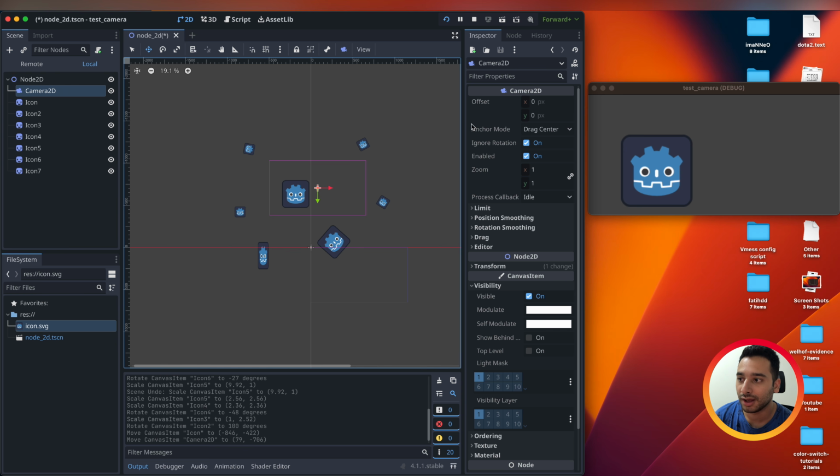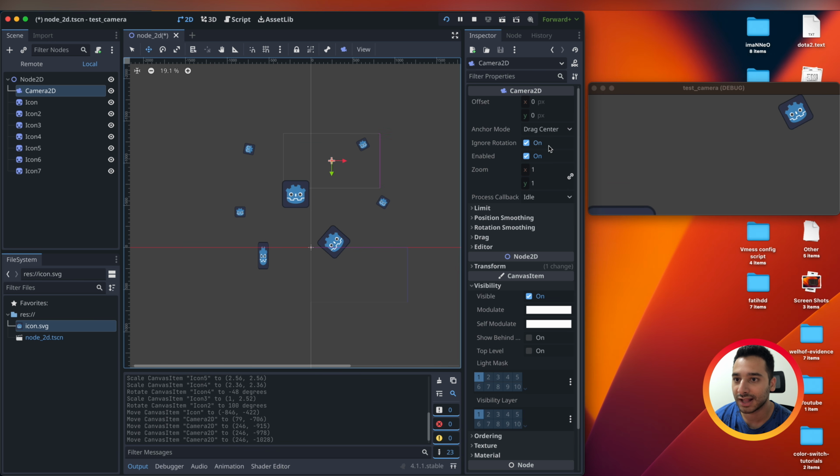So you can move the camera. It is a position component, and when you move it, you see that the part that the camera is showing is the part that will be rendered in the final result. For example, if you move the camera here, it shows this.